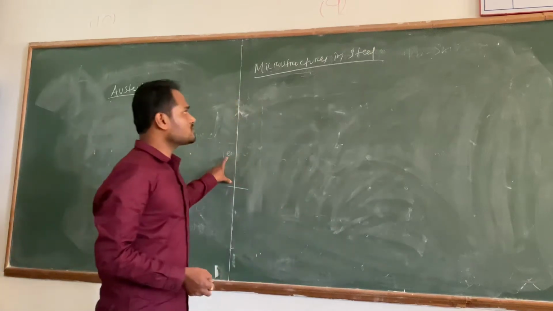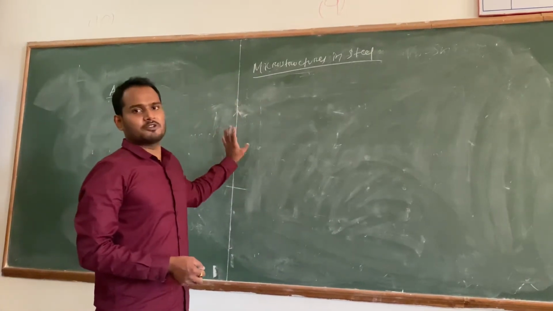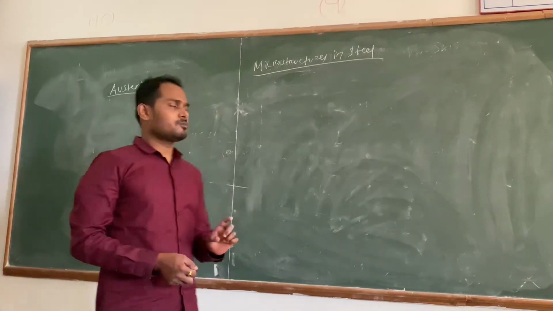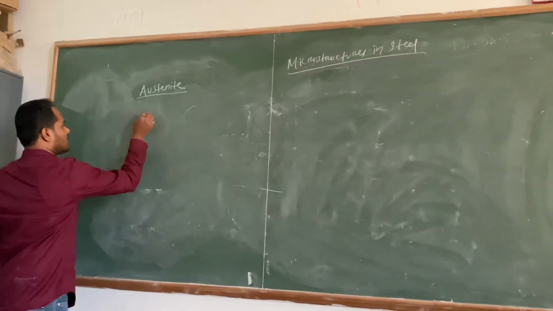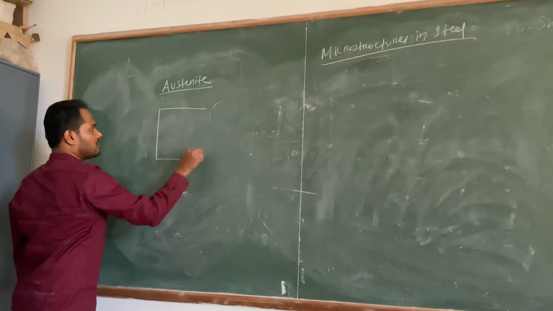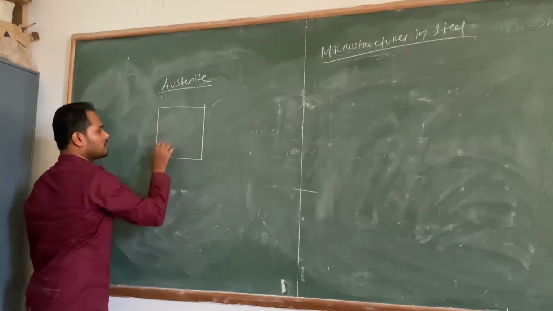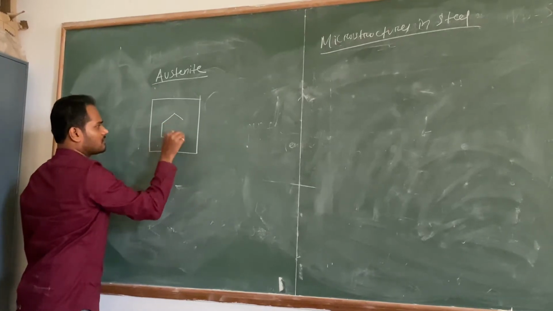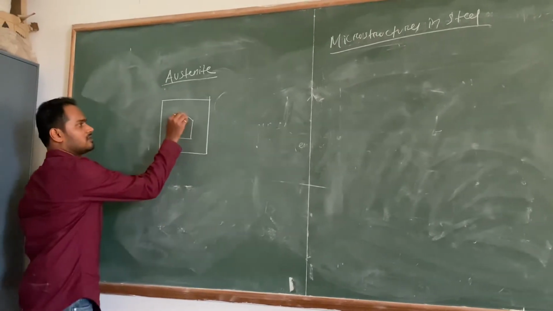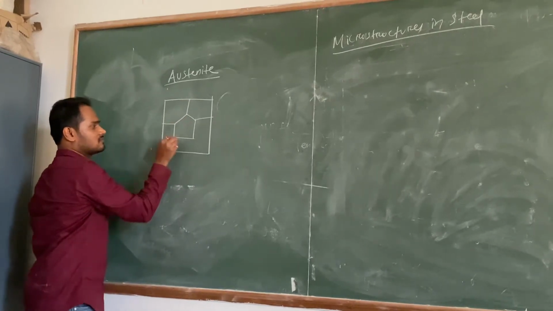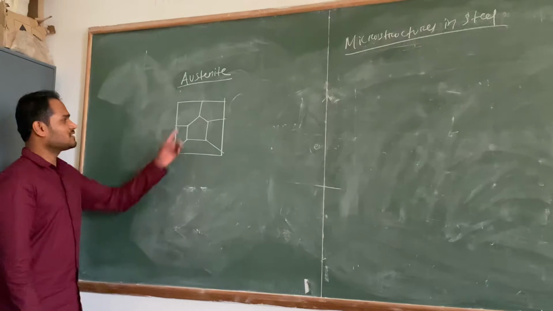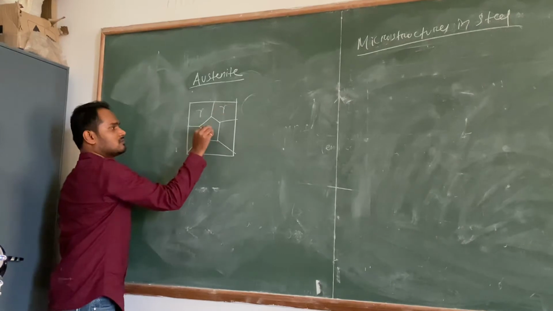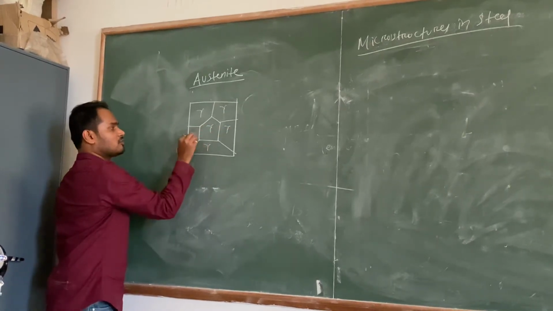So here our aim is to show you different microstructures, how they look under a microscope. It may be an optical microscope, it may be an electron microscope. So austenite. How do we show austenite? I am drawing the diagram like this. One of the easy ways to draw it is like this. You can make this kind of thing, then you join it. Done. So these are grains, these are grain boundaries. That's all. You can label this gamma. This is a very simple way to draw it.